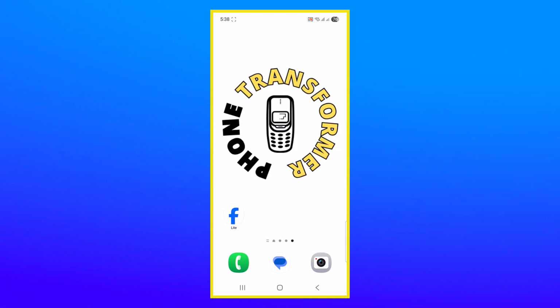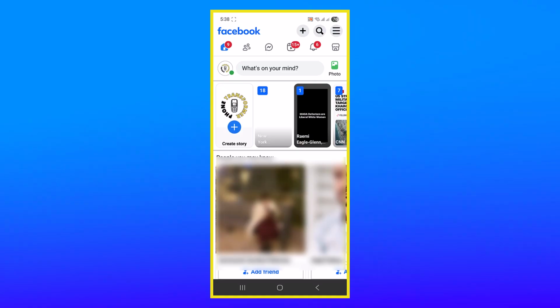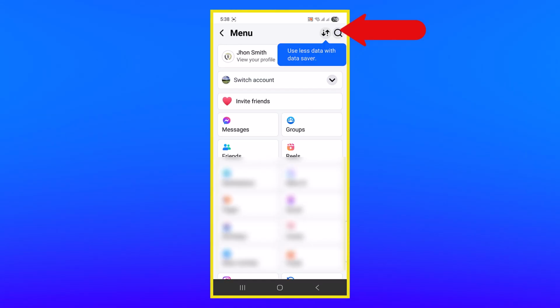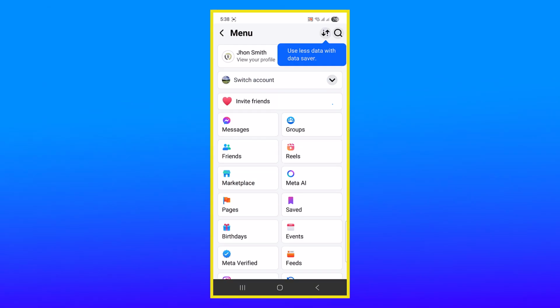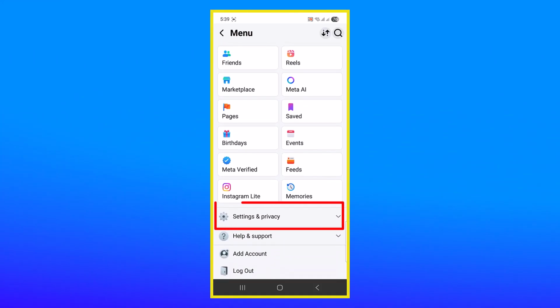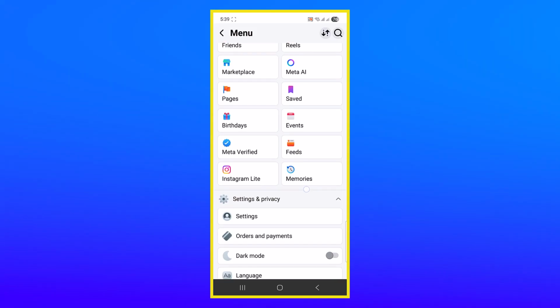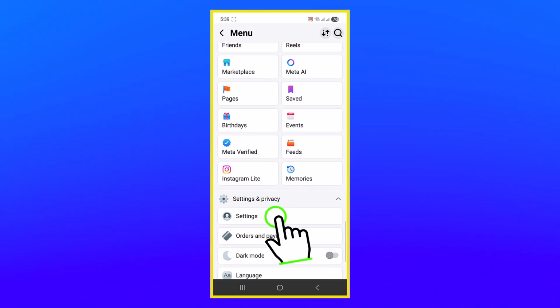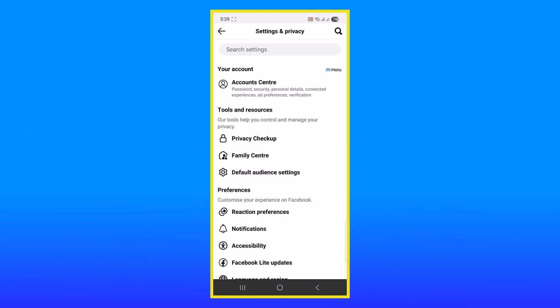First, locate the Facebook Lite application on your mobile home screen and tap to open it. Once you are in, look at the top right corner for those 3 horizontal lines, which is our main menu icon, and give it a quick tap. From here, you need to scroll down until you see the Settings and Privacy option. Click on that, and then immediately tap on the Settings button that appears right underneath it to enter the core